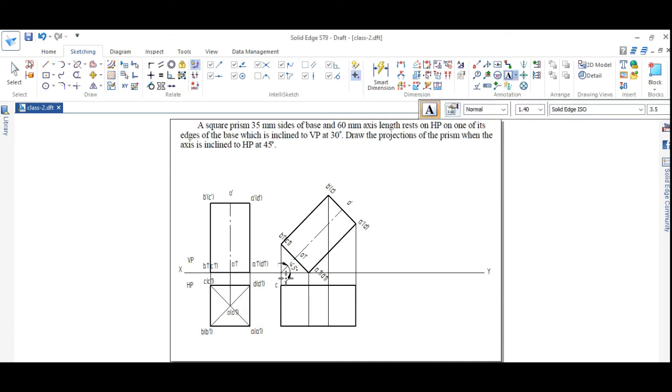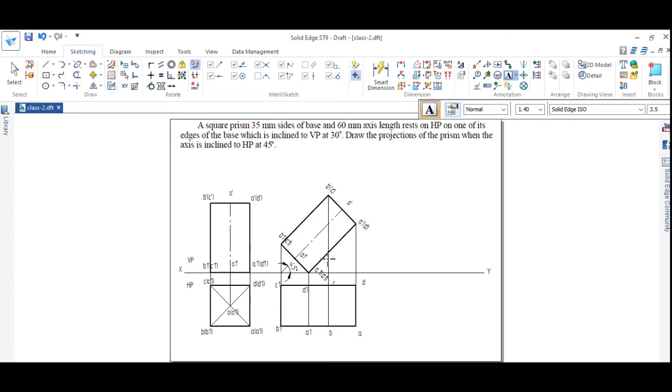This is C1, so mark it first, mark it C1, and B1, this is B1. Next, this point, it is D1, here it is A1. Next, this point it is C, and this is B, here it is D, and here it is A, right?